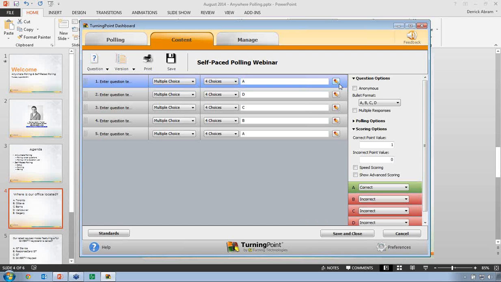Okay? The idea with this self-paced poll is that your students are still going to have a physical printout of the questions. Okay? So they're going to be referencing a document that has all the question and answer choices. The big time saver here is that by using the NXT or QT, their exam or test is being scored immediately in real time. So there's no more having to go through and do it yourself or run it through a Scantron machine or something like that. So all you need to do is add your questions and tell Turning Point what the correct answer is.